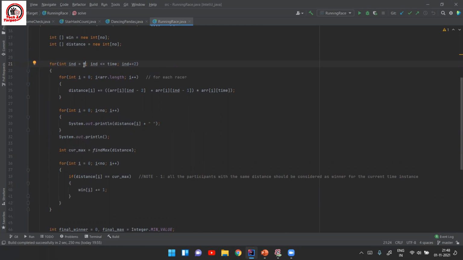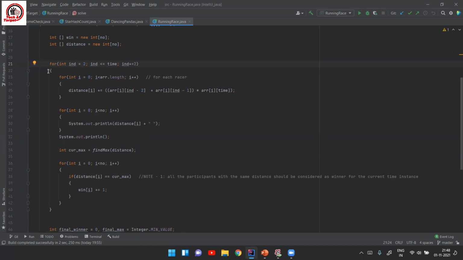So that's the reason we are starting our iteration from 2, not from 0, right? This guarantees that you will never get into a problem of array index out of bounds exception. Or else we could have taken 0 as well, but that will just increase the complexity of the code, right? So that's the reason I'm avoiding it. That's the only reason.